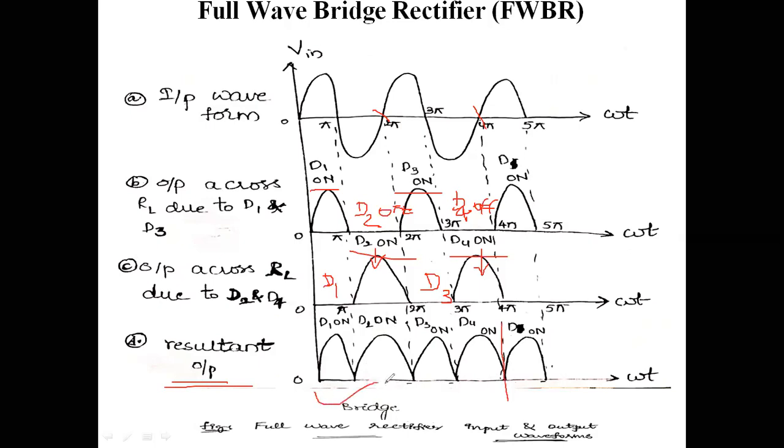Up to these waveforms, all the diodes are in on position here. The on position takes place with respect to the positive half cycle as well as the negative half cycle. The resultant output consists of all the diodes conducting with respect to the positive half cycle as well as the negative half cycle. This is the waveform we are going to represent like this.